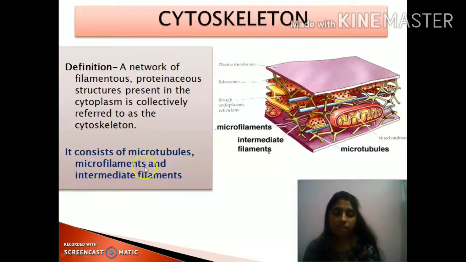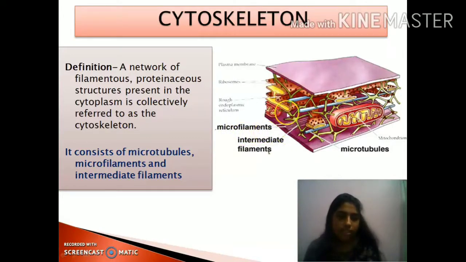So what are these basically? All of these are the different types of filaments which form the network. You can see here, can you see these blue colored structures? Then you can see this type of filaments. Here you can see that the blue colored structures are nothing but the microtubules. Can you see these interconnections, these branch like structures? These are the intermediate filaments, and these very small tube like structures are termed as the microfilaments or the thin filaments.